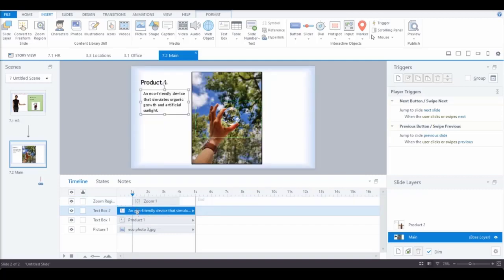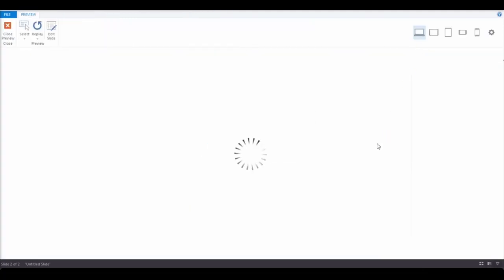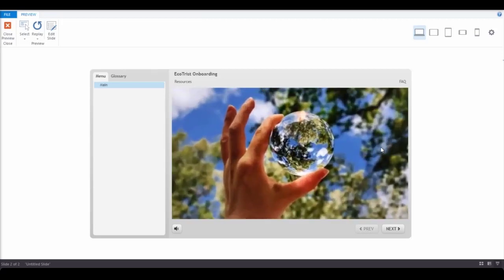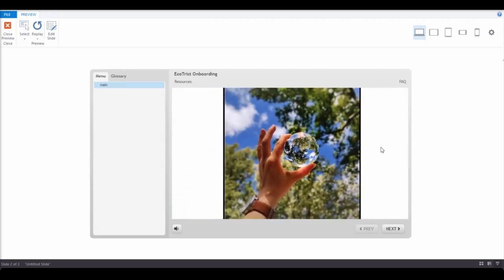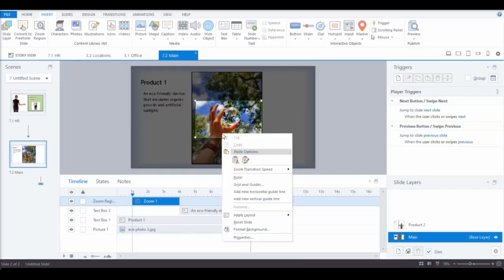The next thing we want to do is match the zoom with the description. So let's preview how this looks by pressing Shift plus F12. If it's slow or fast, you can always edit the zoom transition speed by right-clicking, going to Zoom Transition Speed,